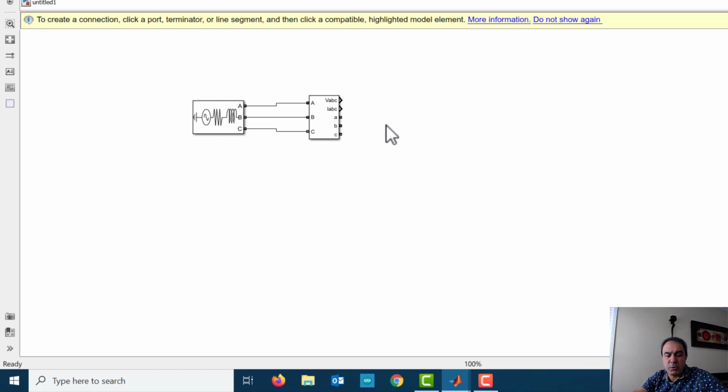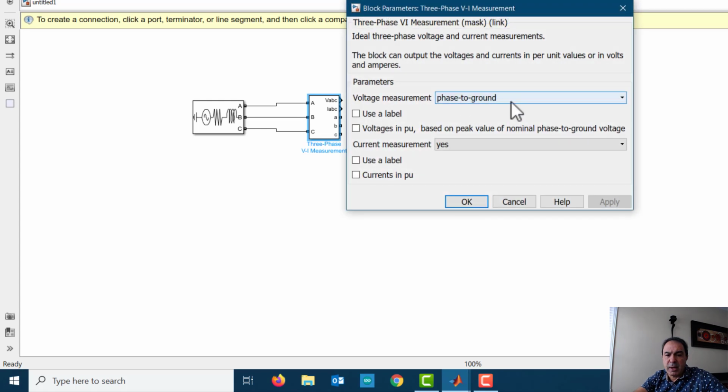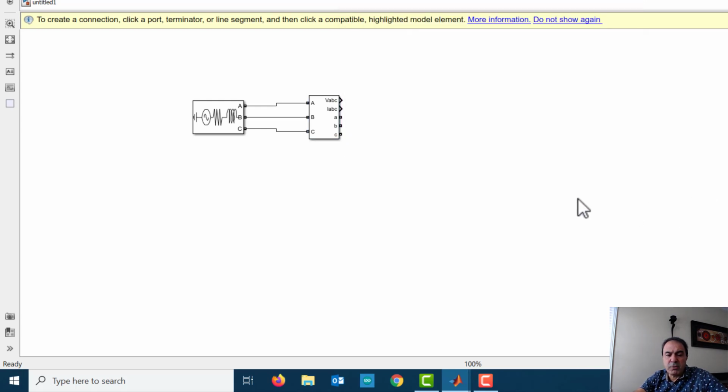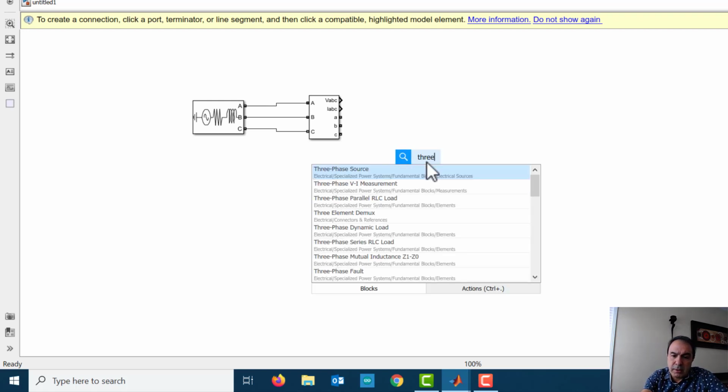It gives you the voltage, and if you double click on this one, you can say which voltage, phase to ground or phase to phase. I'm just going to keep it as the default. You can define to measure the current or not to measure the current, so I keep it as measure the current. Then I want to have a load, so double click again, and you can say three-phase